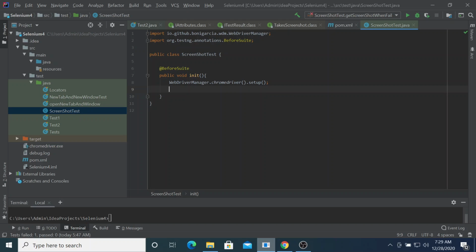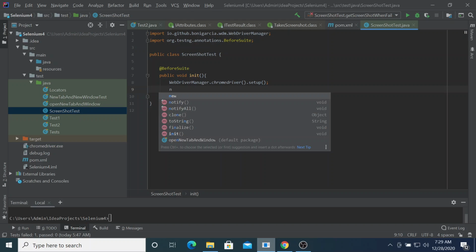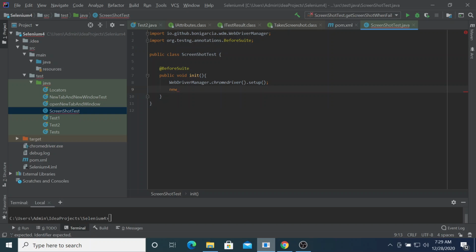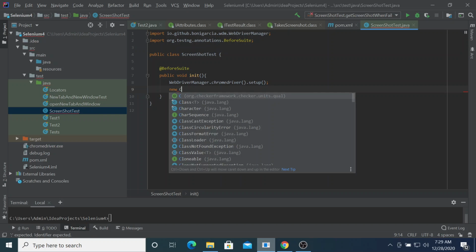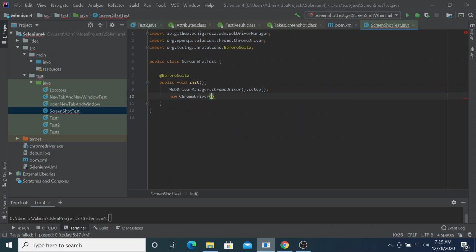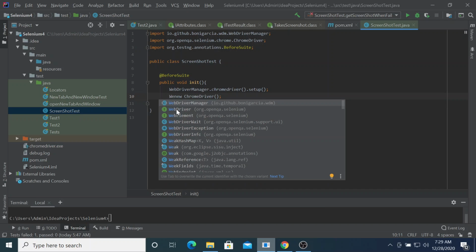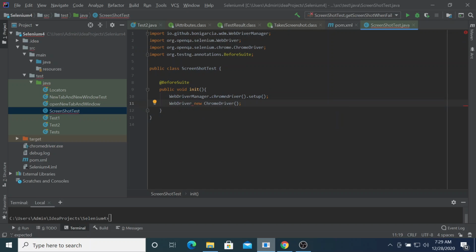After that, I'm using Chrome driver, so I need to create an object, new Chrome driver. Then after that I need to assign it to a Webdriver driver reference variable,